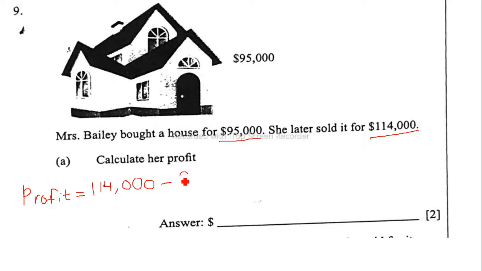It's going to be 95,000. So that's going to be equal to 114,000 minus